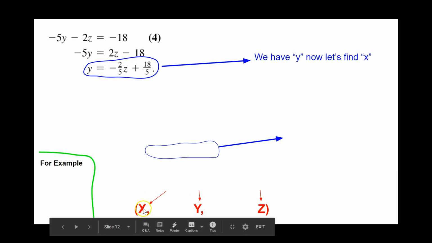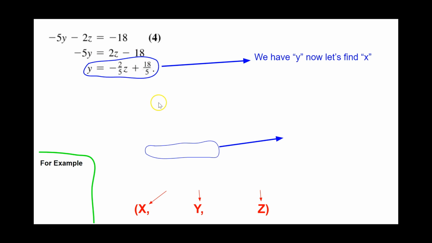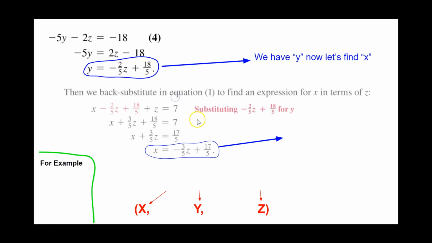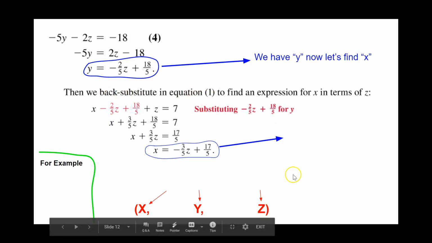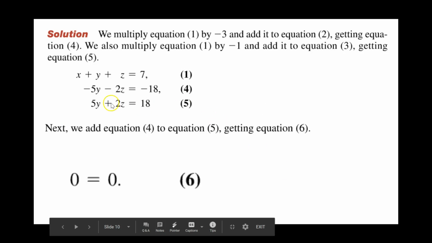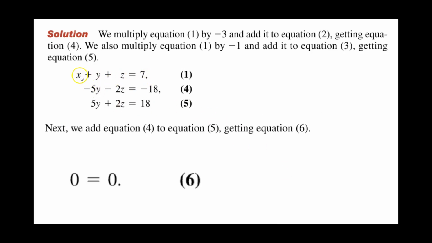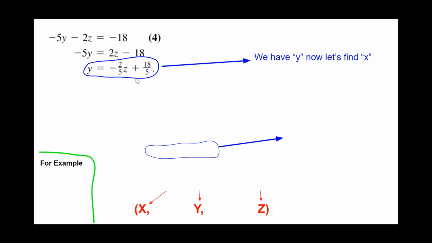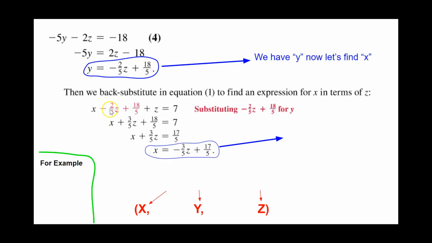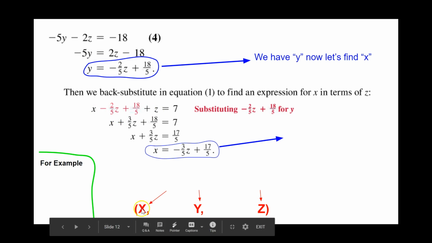The x is going to be the hardest one to get to next because we have to use the substitution method and substitute all of y into one of the equations to get what our x is. And I'll show you what this looks like in a minute. So equation 1, remember what equation 1 looks like, and I'll go back to show you. This is what equation 1 looks like. I'm going to take equation 1 and I'm going to plug in the y. So here, all of this I got plugged in for y. And then now I'm going to solve for x